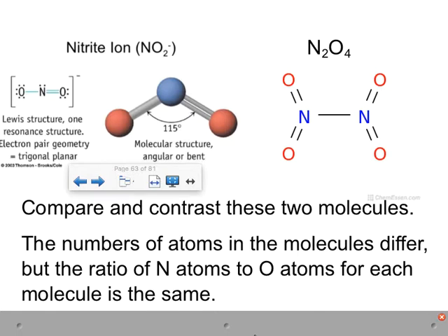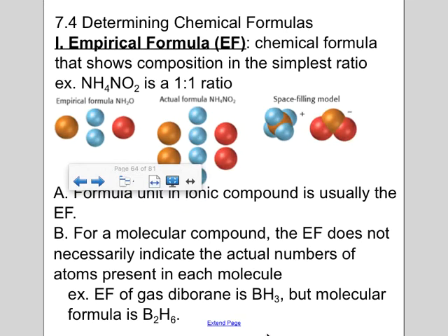So remember I said that the molecule on the right is like a double, like you kind of double a recipe. Well, you can simplify N2O4 to NO2 because both of those subscripts, the 2 and the 4, are divisible by 2. And when you take those numbers divided by 2, then you get NO2. So empirical formulas,